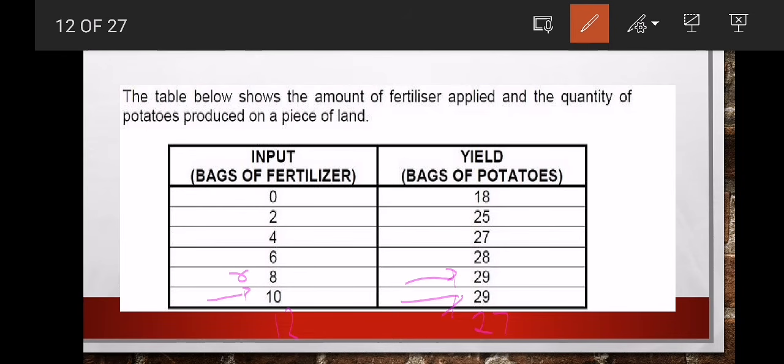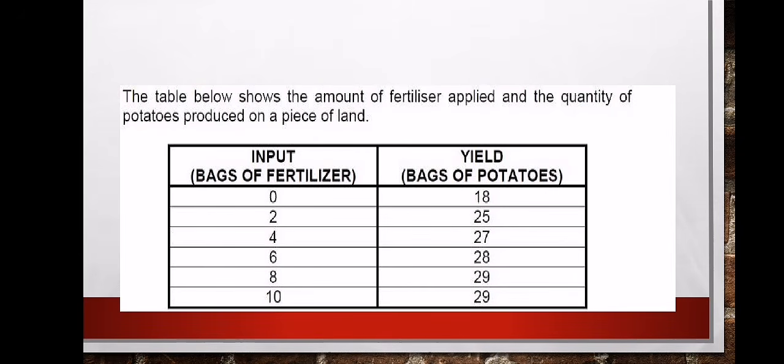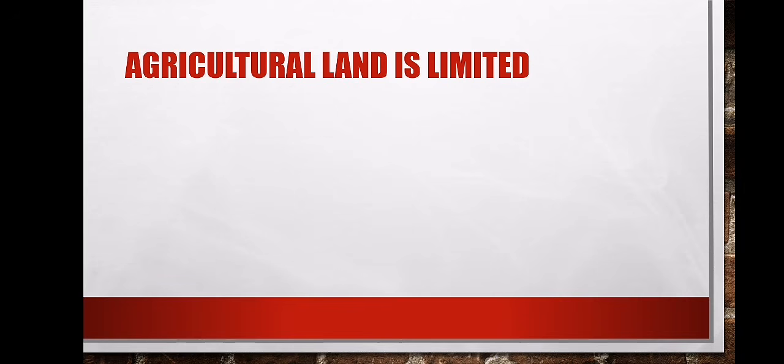So that's the simplest way we can understand it. We are done with that one. Make sure that you understand it. But most of the time we use the example of fertilizer. If we try to look at this one, agricultural land is limited. Sometimes they say it's availability of land. We say availability of arable land